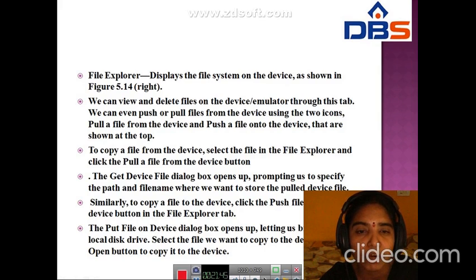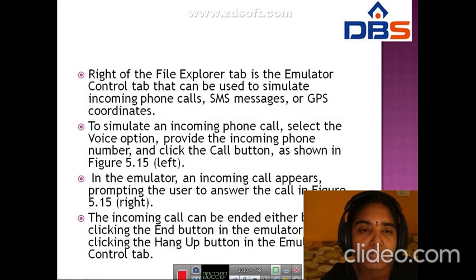Similarly, to copy a file to the device, click the push file onto the device button in the file explorer tab. The put file on device dialog box opens up, letting us browse the local disk drive. We have to select the file we want to copy to the device and click the open button to copy it to the device.